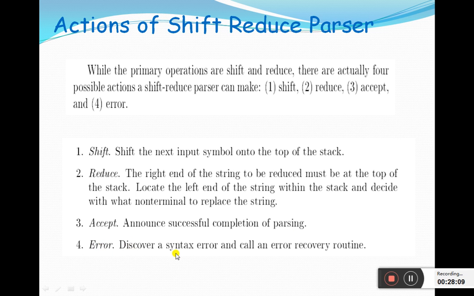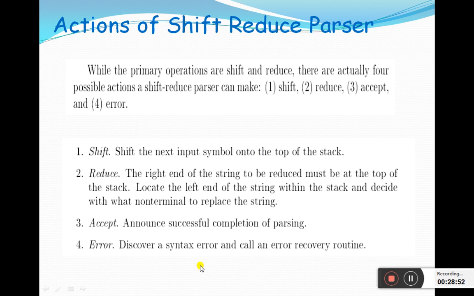Upon discovering a syntax error in the string or a statement, the error action is taken. Once an error is detected, the error recovery routine will be called by the shift-reduce parser, and the error handler deals with the error recovery mechanism, enabling the parser to go ahead with detecting subsequent errors present in the string or program.